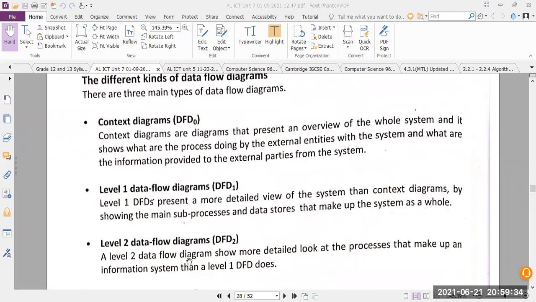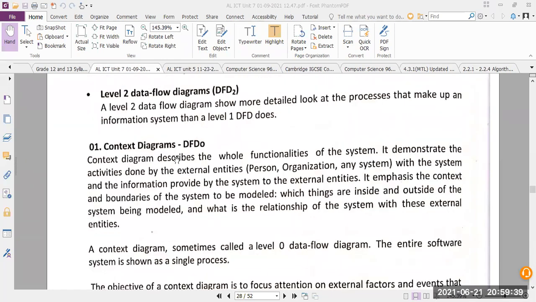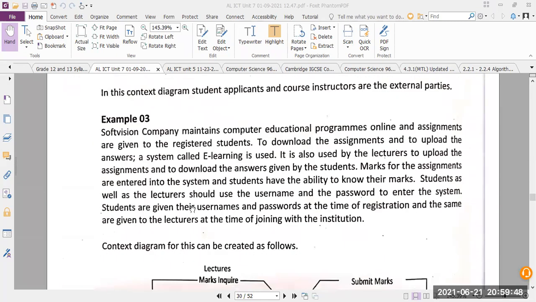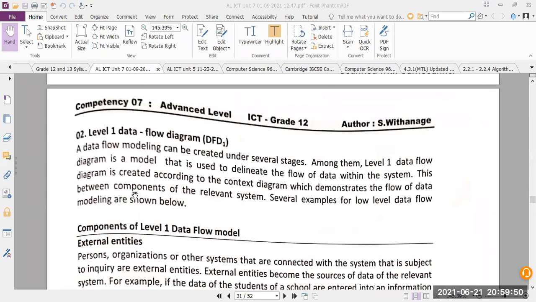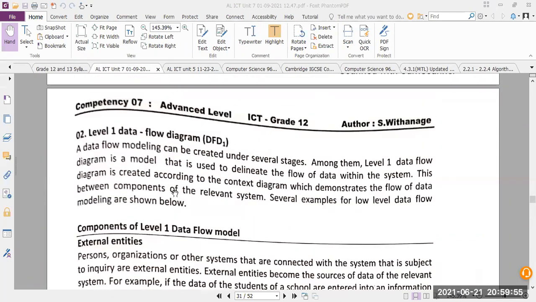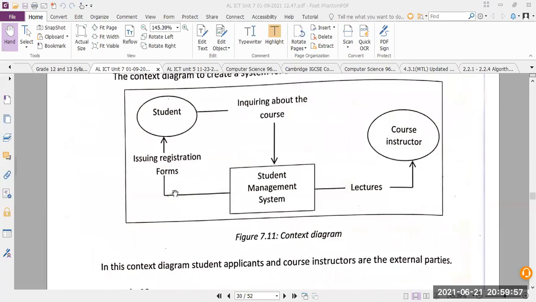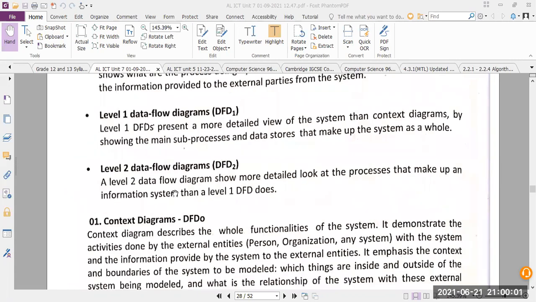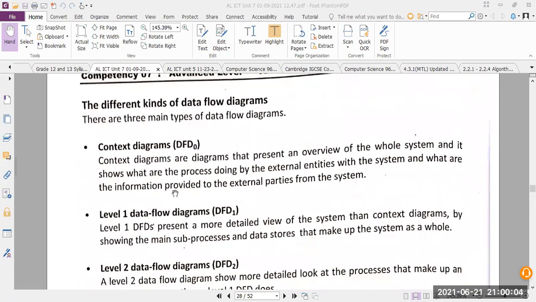We first have to know how the context level is drawn, then we go into level 1, and then level 2. First we will go with the very basics. I will tell you all the diagrams that will be used, and after that we will draw the DFD 0.